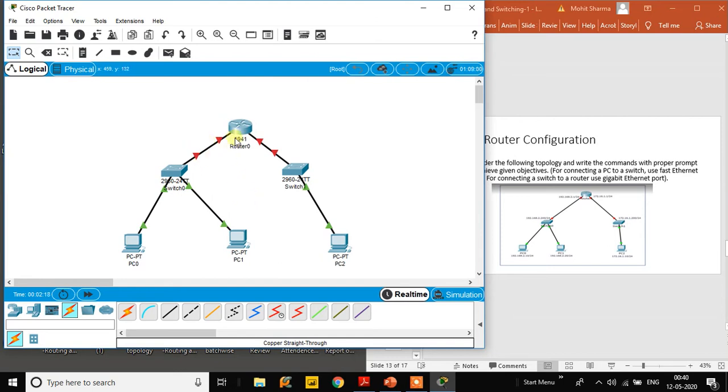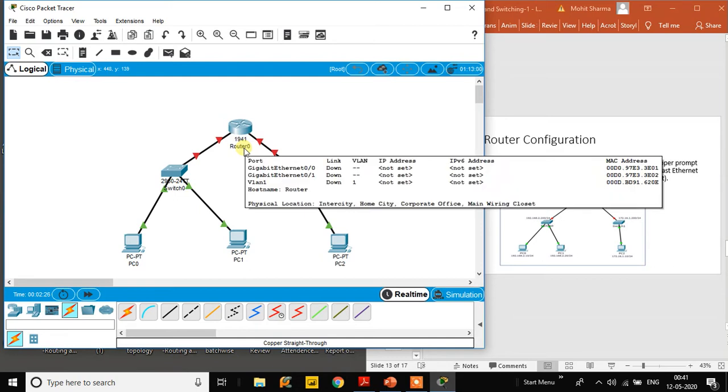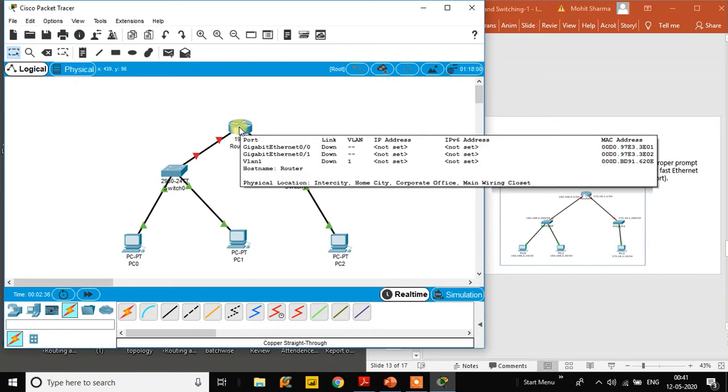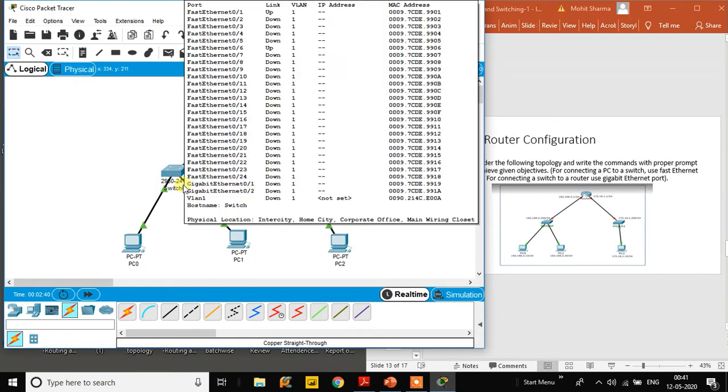Before assigning the IP addresses, all these ports here you can see are in red. Once these are connected and you assign the IP addresses, then they will turn green. Okay, so let us first assign the IP addresses to the router interfaces. So we have 192.168.